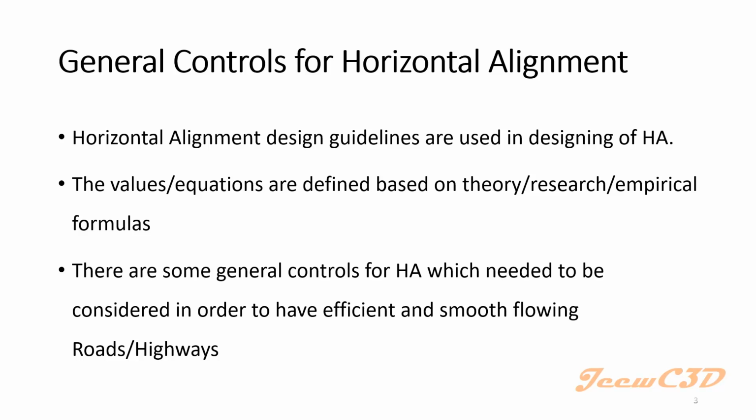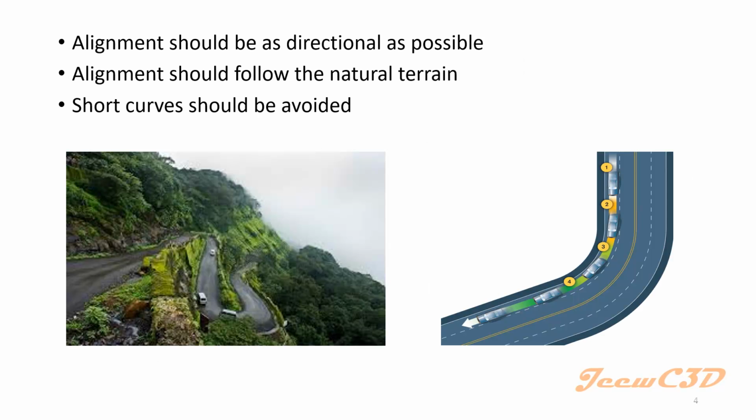To do that, we have general controls for horizontal alignment, vertical alignment, as well as both horizontal and vertical alignment. In this section, we are looking at the general controls for horizontal alignment. One thing we have to consider is your alignment or the road should follow the natural terrain as far as possible. In this left side image you can see this is a hilly road, but the road is coming on the contour, so it is